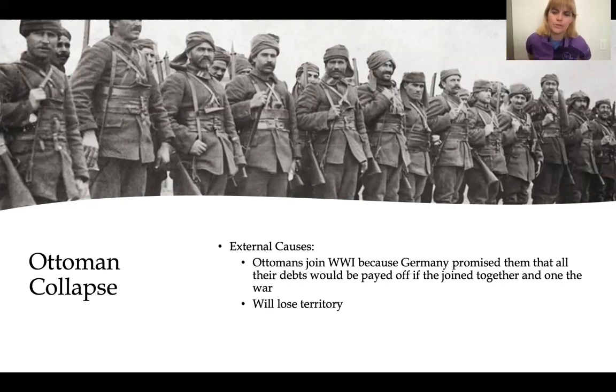So we talked maybe 2 lessons ago about the mandate system. Okay, so all that land in today's Middle East, all right, modern day Israel, modern day Palestine, Syria, all of that land is going to eventually be ceded to the British and the French. Okay, so we're starting to see some of the seeds of issues that we see today in the 21st century. But so the Ottomans are going to collapse, and a lot of the territory of this land-based empire is going to go with it.